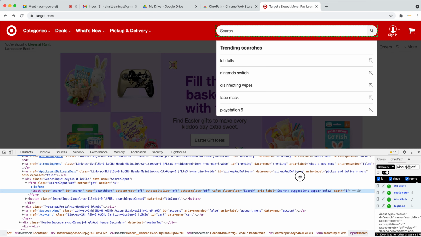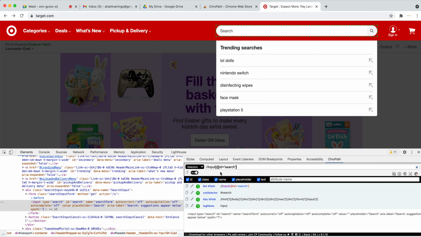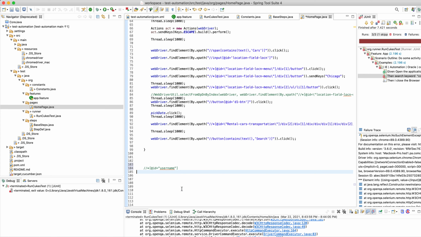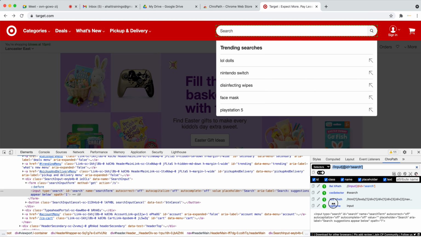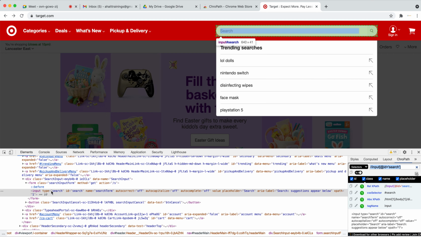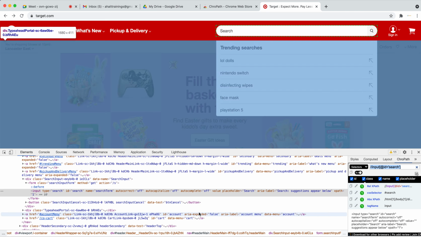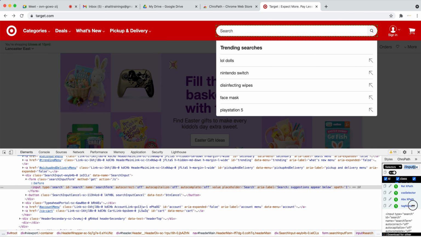Going with ID is straightforward. Just copy this, go to your script and find this element and just click it. But what happens when we don't have the ID? We have to go for alternatives. Alternatives means what? When the component doesn't have the ID, then check whether this component has any CSS styles. Let me see what CSS styles they have.